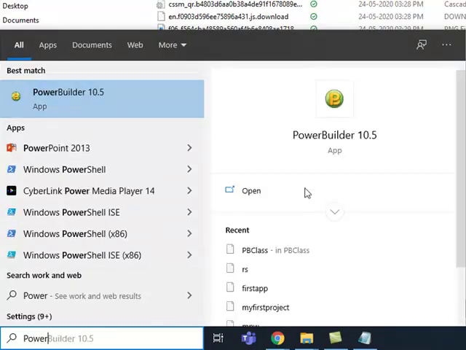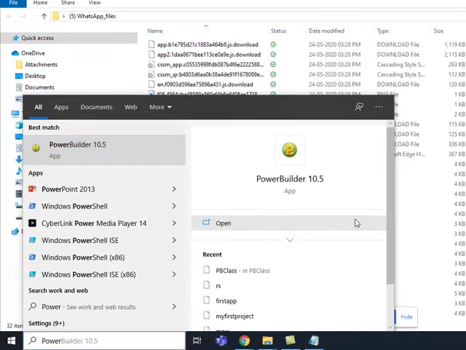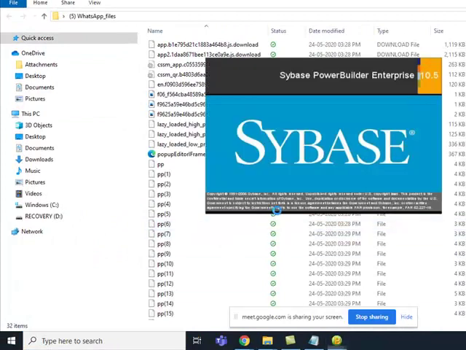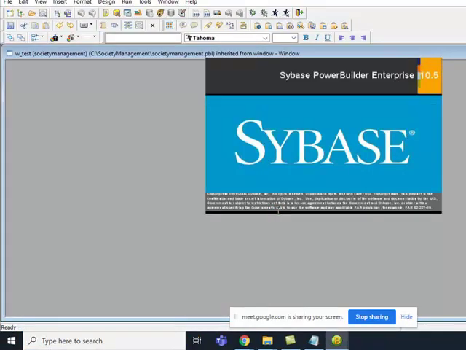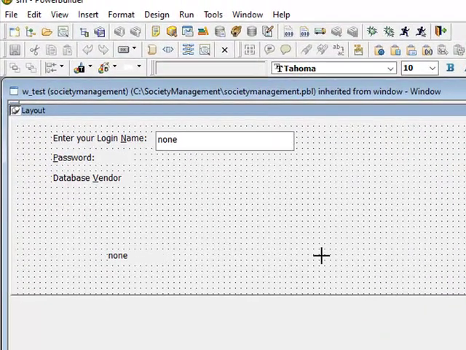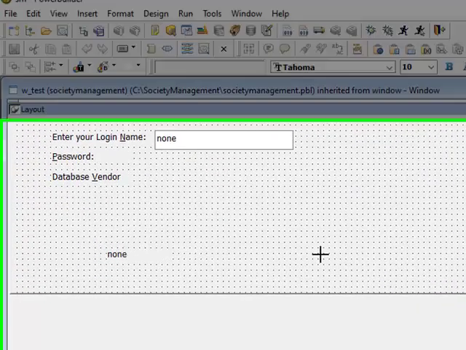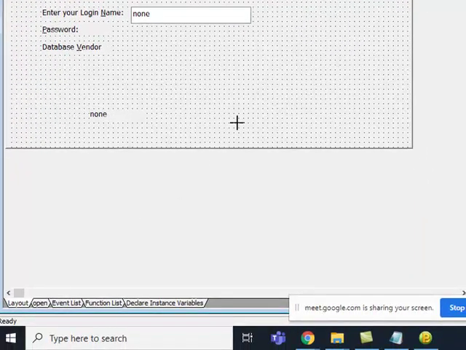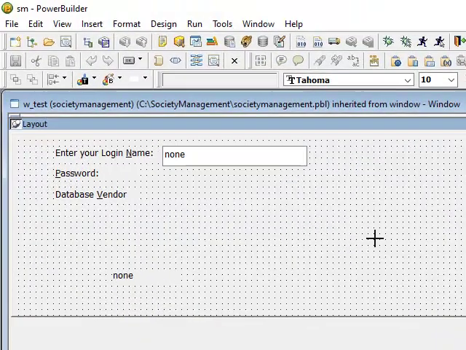Yes, Power Builder. Yeah, so let me open it. Okay, so see, I just opened Power Builder.